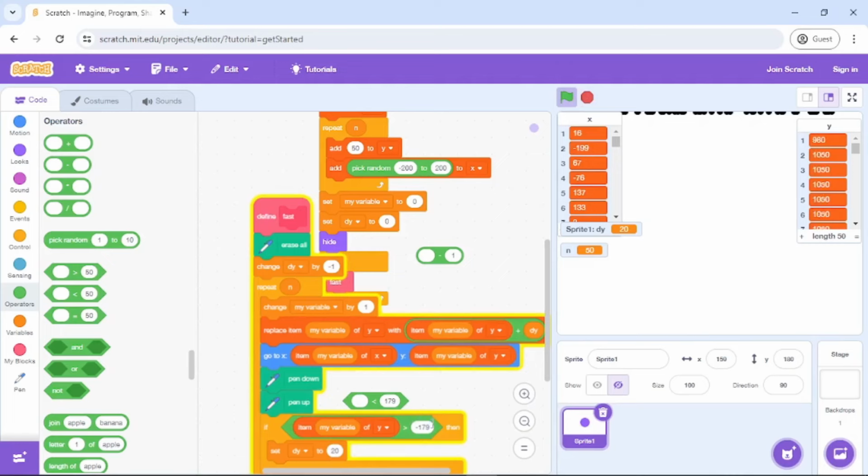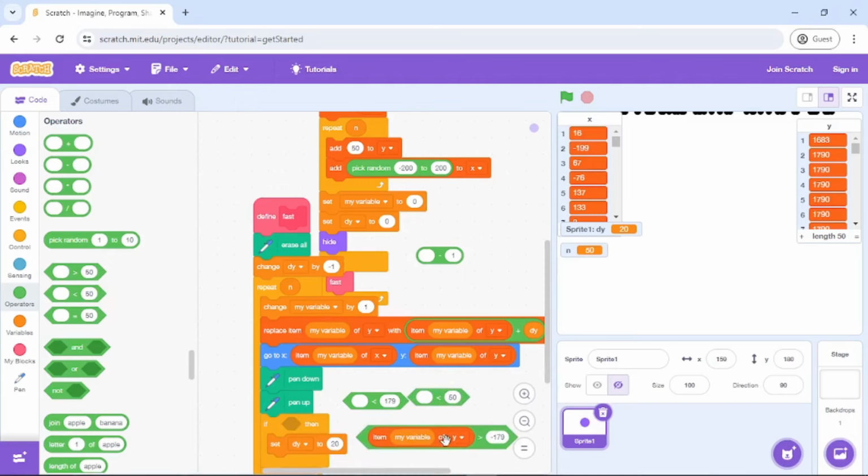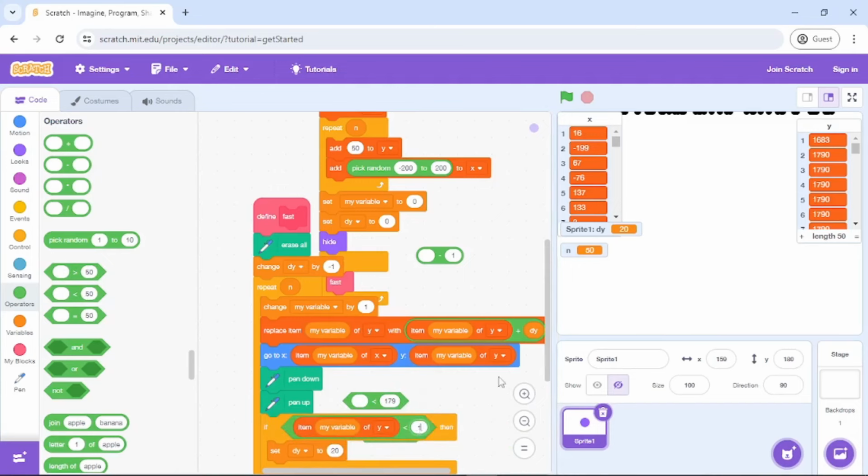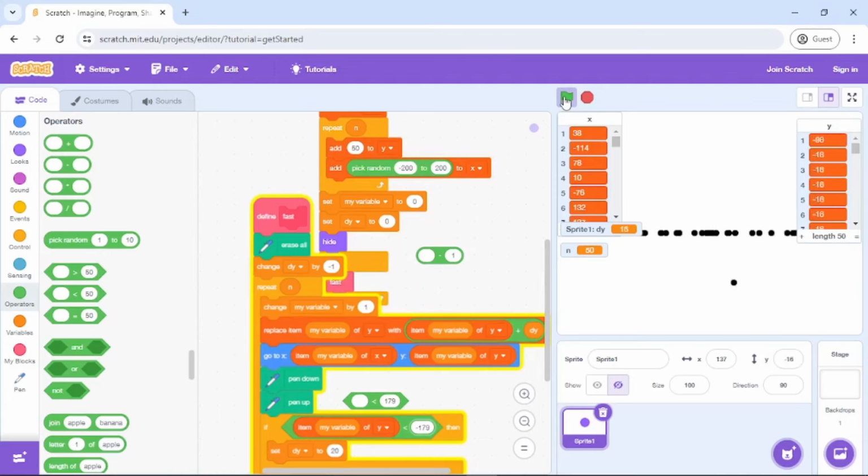Oops. If item variable of y is less than -179. Finally, it's working, except that, well,